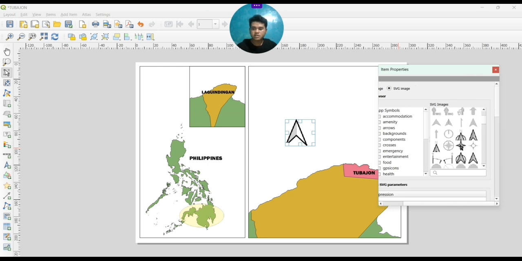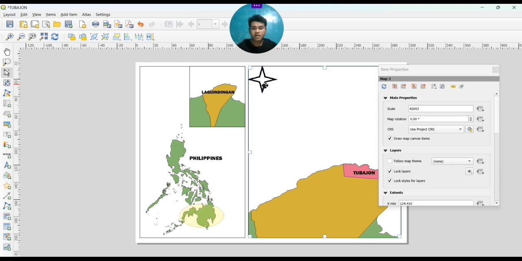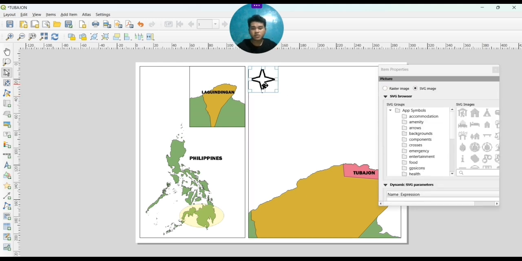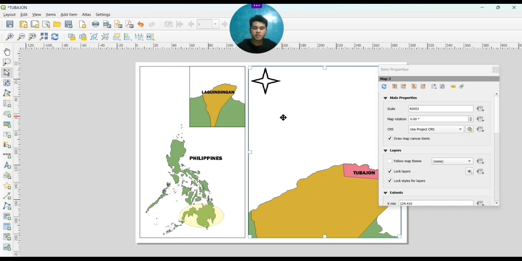So in this case, I just want this one. I click it and then adjust it. I just want to adjust it in the upper part where I want to place it. So the position of the maps and the designs of the maps depends on you. In my case, I wanted to place these signs on this part of the map. So it depends on you already.